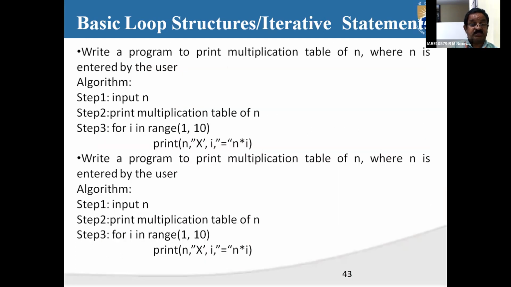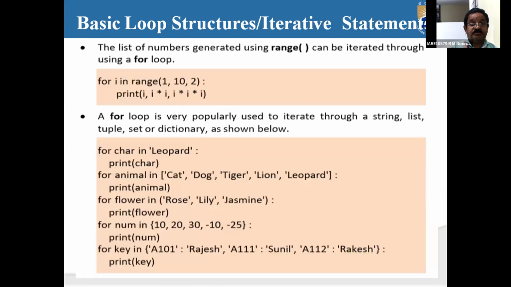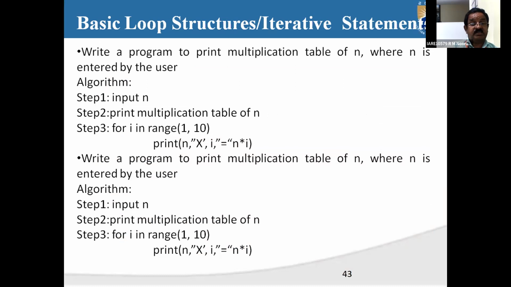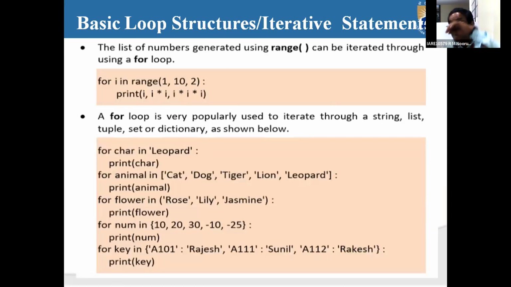We'll see examples of the for loop. Any doubts or any clarifications? No, sir. Right. Now let's have some examples for this for loop. In the same fashion in which you have made use of nested if. What is the meaning of nested if statements? What is meant by nested if statement? If is used under if.